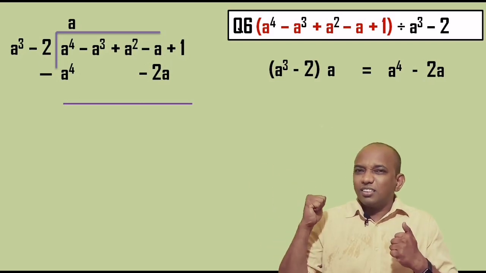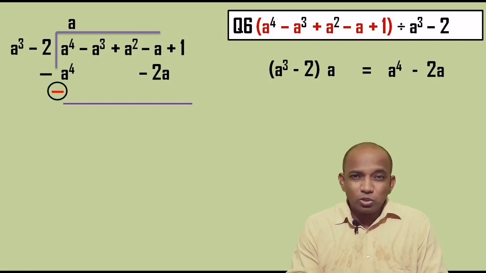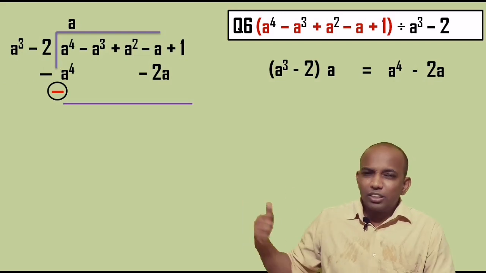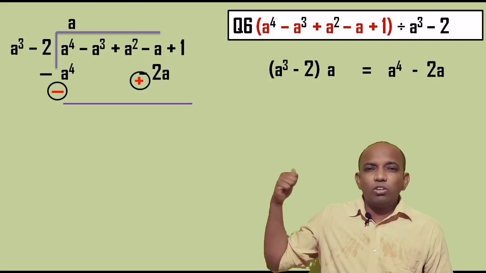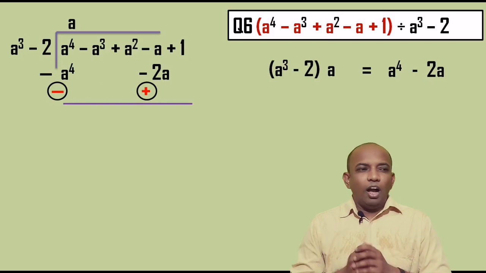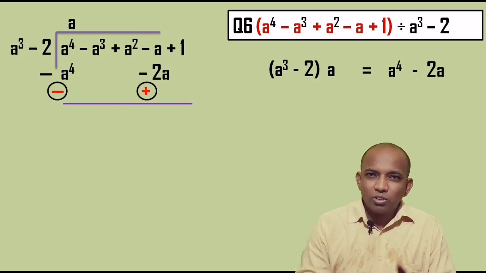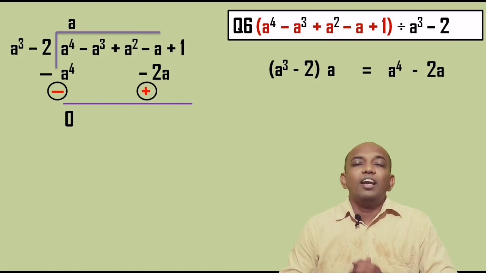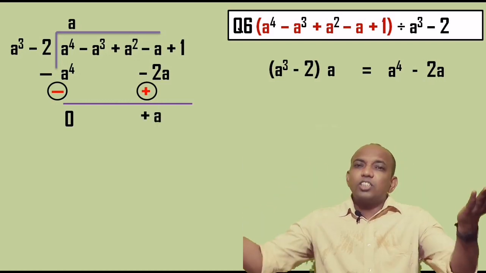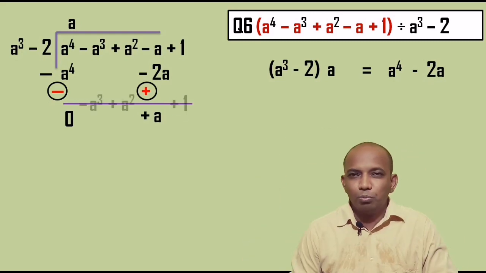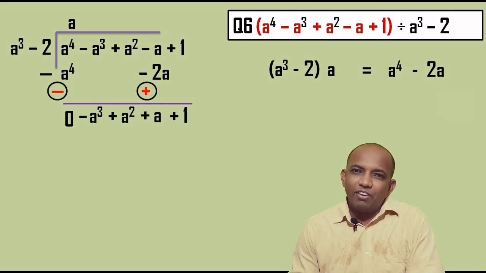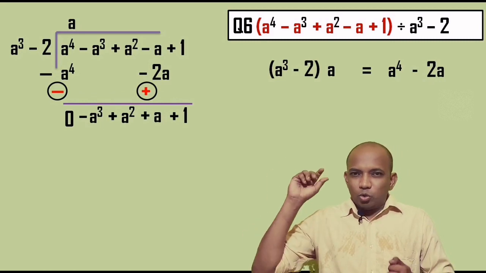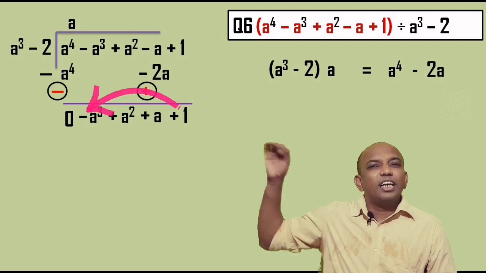Okay, after that change of sign will take place due to subtraction. So we have negative sign for the a raised to 4 and positive sign for 2a, right? After this, say bye bye to a raised to 4 because they have opposite sign, and if you consider minus a and positive 2a, we are left with positive a, and rest of the sum will be continued down below, right? So in the remainder part, what we have first term as negative a raised to 3. So very first step, to give negative sign in the quotient.